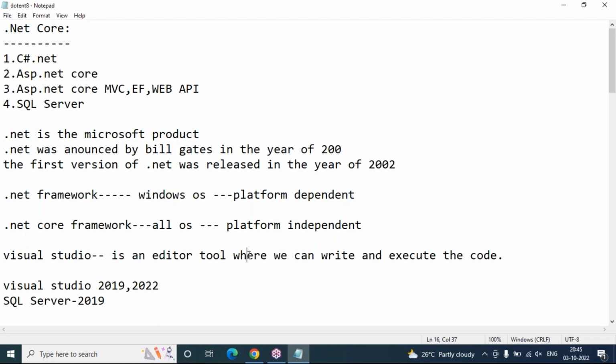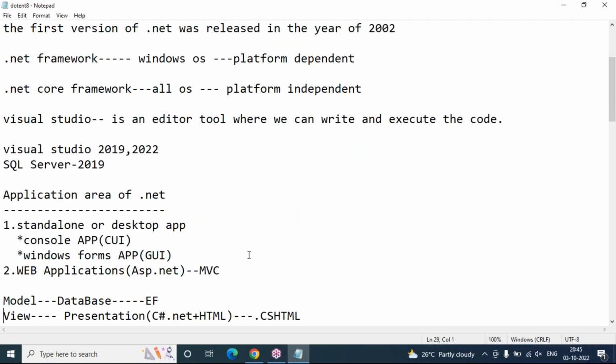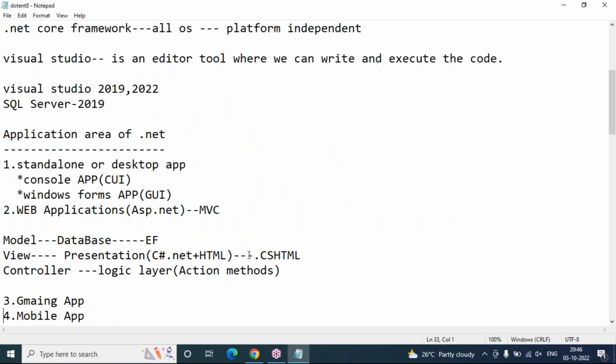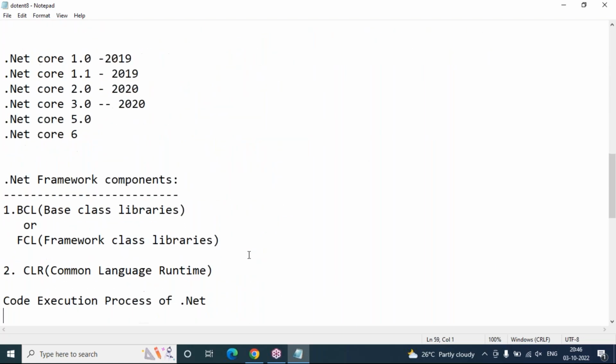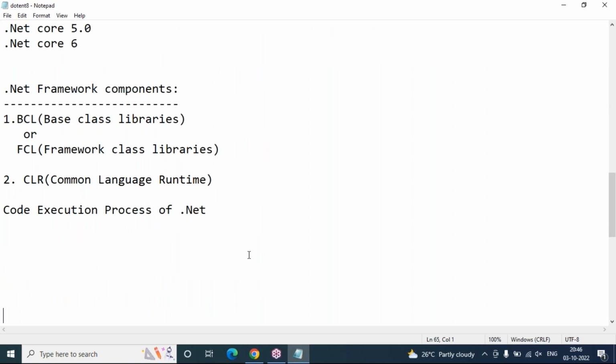In that I have not explained anything, just what our action plan is in these .NET Core concepts, what subjects I'm going to teach, that was only there. And in this session, I just discussed what .NET and .NET Framework are, the difference between Core and .NET Framework, what software is required, the application area of .NET, the core versions, and the importance of the two components. And tomorrow, once I discuss the framework components for the first 15 minutes, then we'll start with C#.NET